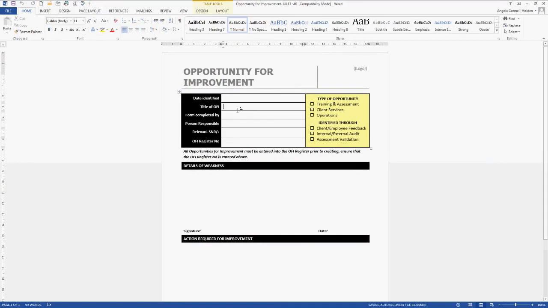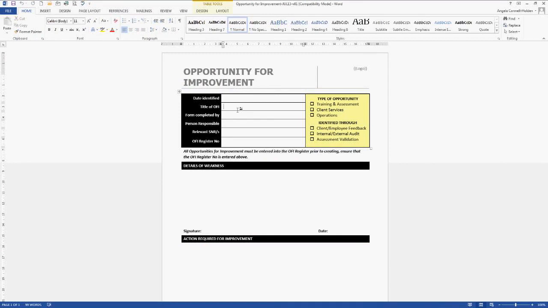An opportunity for improvement is a mechanism where trainers, assessors, students and admin staff can identify something that could be improved throughout your organisation, and formally put in a form for that opportunity for improvement.